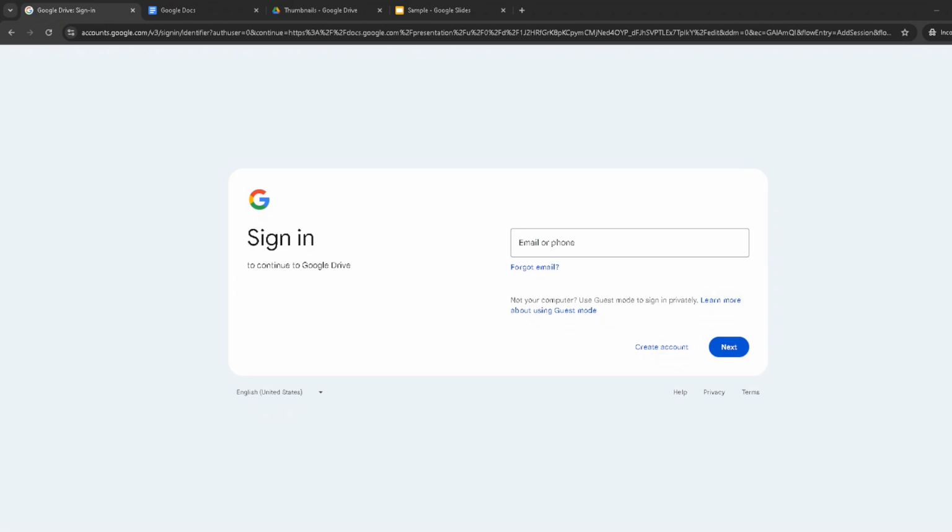First things first, let's begin by accessing Google Drive. Start by navigating to the Google Drive homepage. You'll need to sign into your Google account if you haven't already. Enter your email address and password, then click Next to proceed. It's a straightforward process, but make sure you're signing into the account containing the document you want to check the